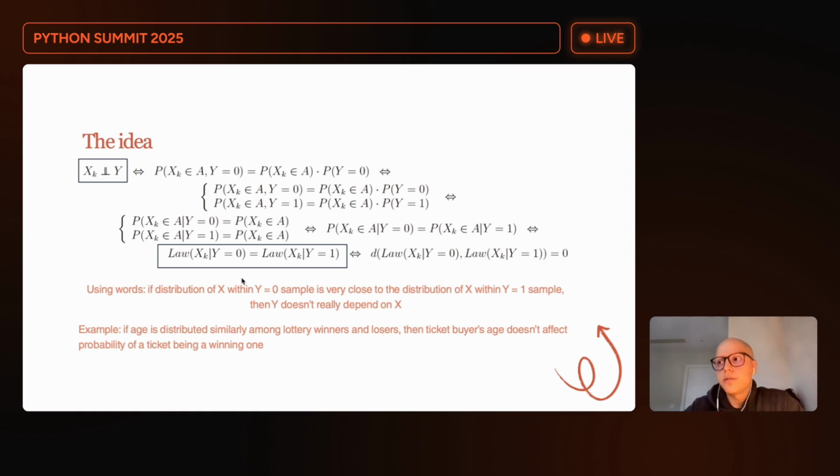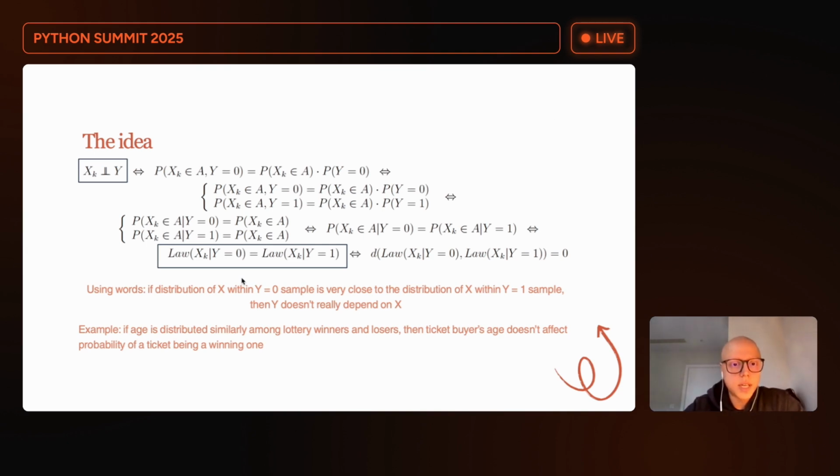If, let's say, you find out for some weird reason that age is distributed completely differently, then probably being of some age affects the probability to win or to lose in the lottery, which is